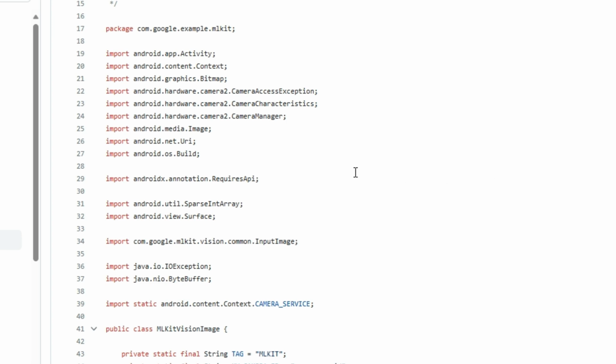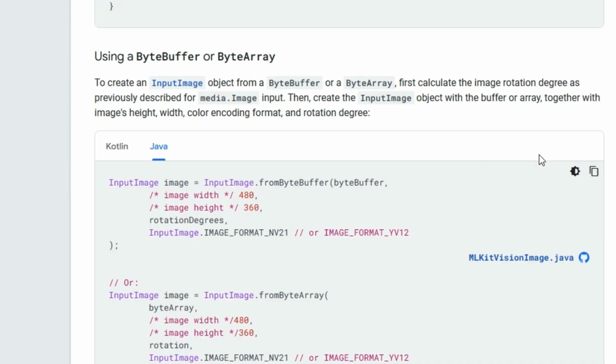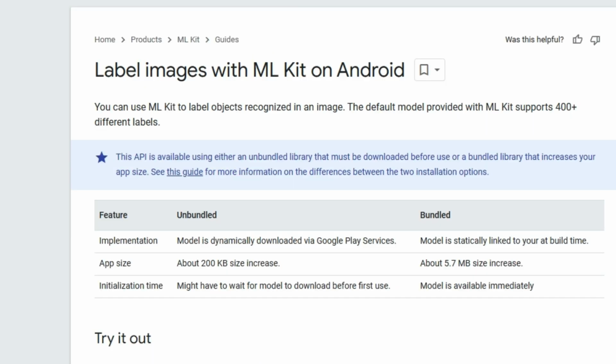Okay, so now what we want to do, we want to go to the github.com where that file is. And if you don't remember where it is, you can always go to the developers.google.com ML kit. And on the left hand side, go down to the folder image labeling and then click on Android